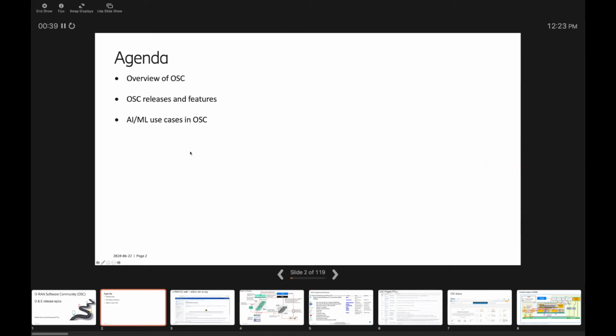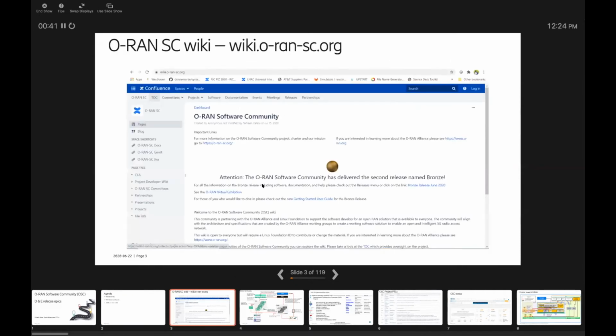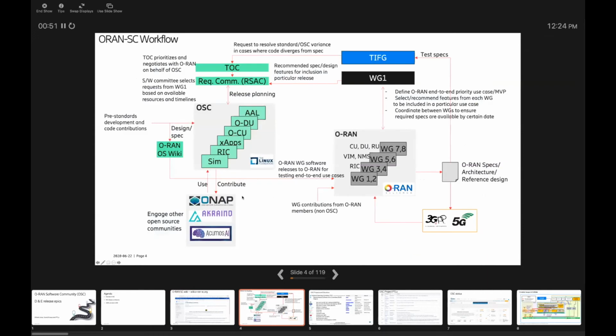And then this is a very high level overview. I don't want to take too much time, but you can get to the ORAN wiki via this URL. All the information is over there in public, wiki.oransc.org. And our job is really to implement the ORAN standards that come out from the ORAN Alliance working groups. The ORAN Alliance working groups are creating specifications from all these different working groups. And then we ingest those specifications and we try and implement those in all these different projects that are in